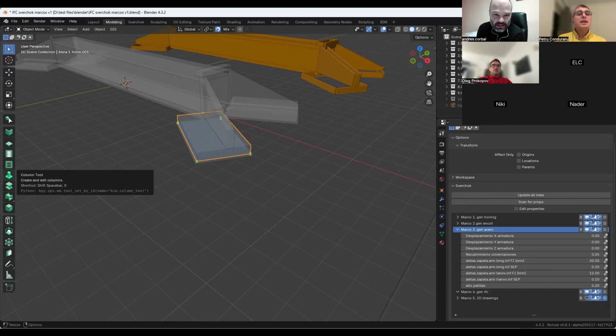But mainly, how much time would you say would be required to model this culvert, the full model from scratch? I started three months ago, but I was learning and doing it.